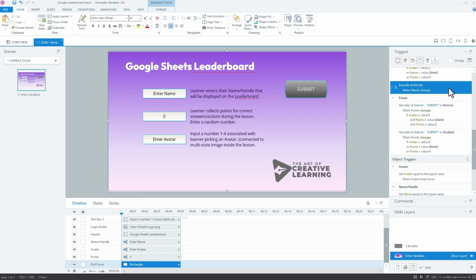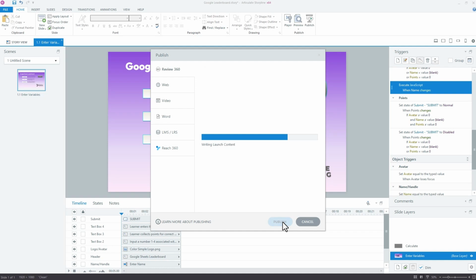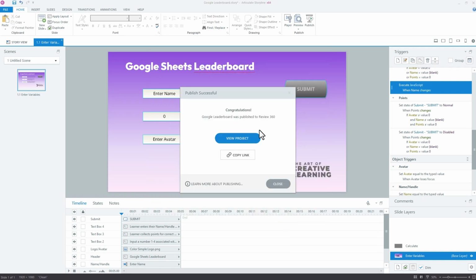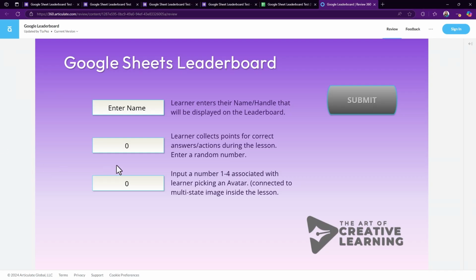You don't need to put it on every single slide. You only need to have it on the slide that they actually enter their name in. So that has been added to this as well. Let me go ahead and hit save. Now we can test it. Great, the moment I hovered, it removed all of the spaces